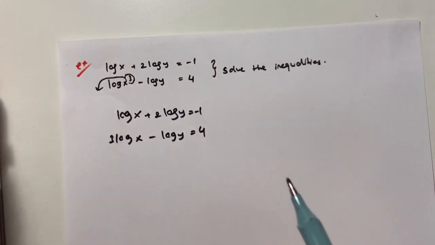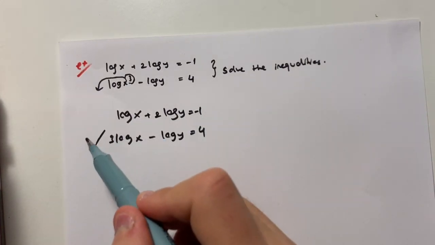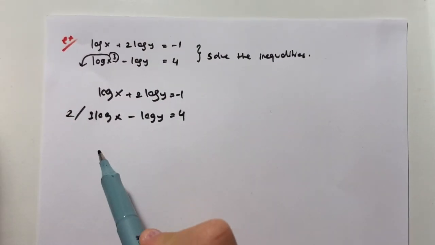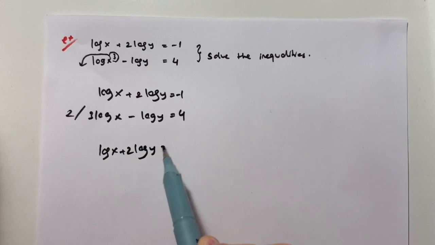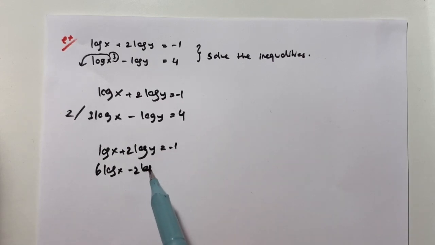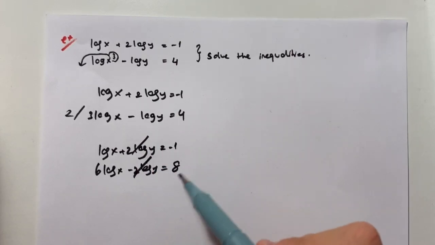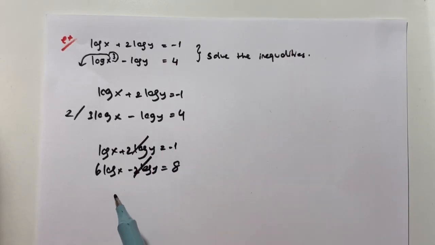And if we multiply this equation with 2, we can cancel these factors out like this. And these cancel each other if we sum up the whole equation, and we get this. And the logarithm x is 1, we found it. And if we replace the logarithm x with 1, we will find the logarithm y. For example,